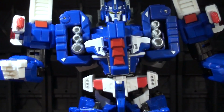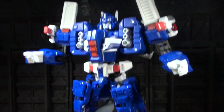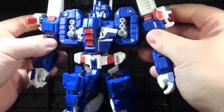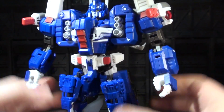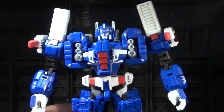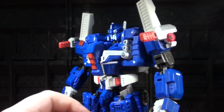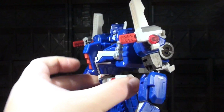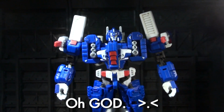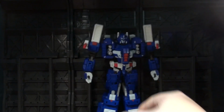And while we're here, talking about posability and plunking, I'll mention the plastic quality one more time. It's super good. The build quality is great, the plastic is dense and thick and does not feel cheap whatsoever, and this guy can totally take a few spills. The only thing that might fall off would be his crotch plate, so be ready for that. But let's give him a try. Let's get Tetrajet on Mebsuta's ass and show you that...